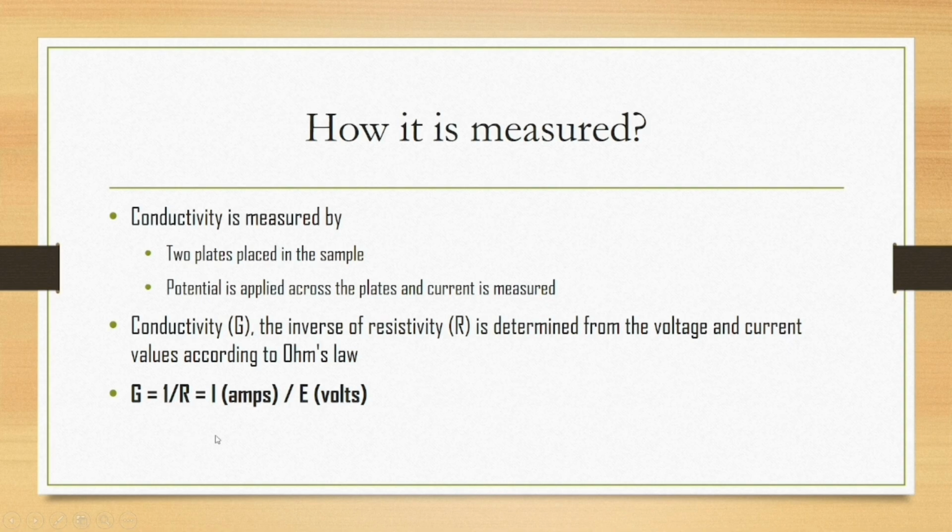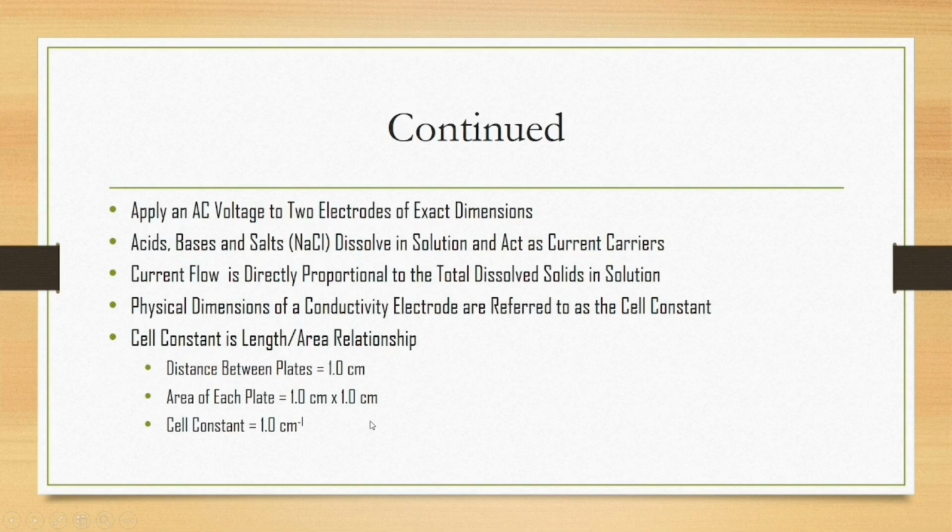Okay, R is resistivity, and it is also expressed in the form of E upon I, where E is the voltage and I is amperes. Now, as you saw, we applied an alternating voltage to the electrodes of exact dimensions, and the salts dissociated and act as current carriers. The ions act as current carriers, and the current flow is directly proportional to the total dissolved solids, the ions in the water, and the physical dimension of the